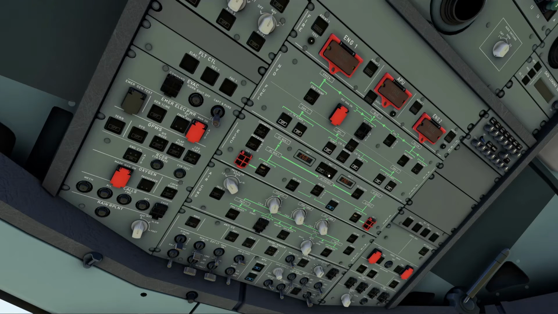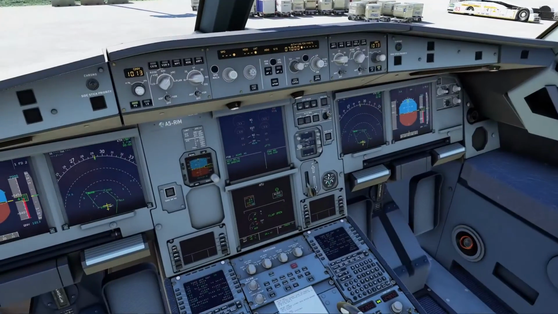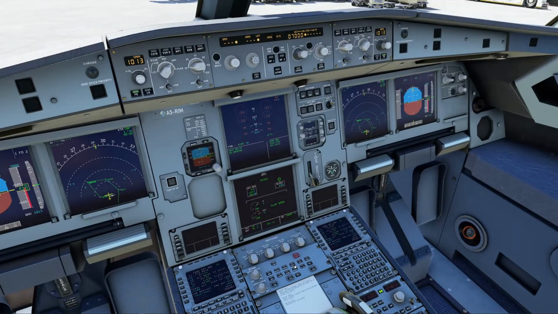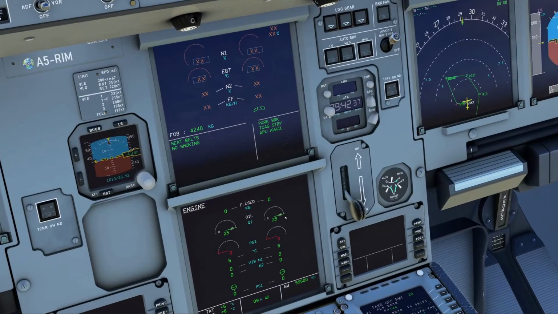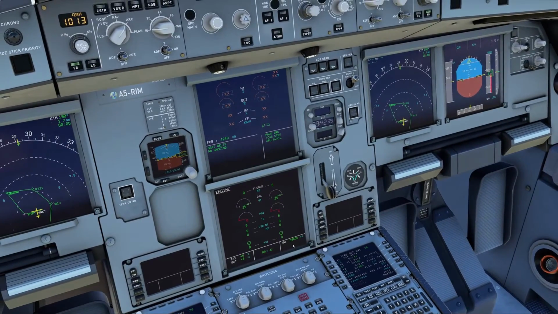Okay, what we're going to do now is just turn off the batteries and just check the electric page. Make sure the battery has gone off. Also, while we're here, should check the, let's have a look. Hydraulics, that's good, and engine page for engine oil.